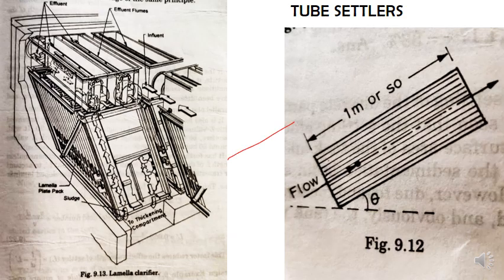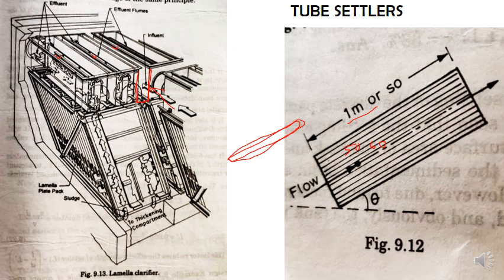Yeah. So these are thin sections of pipe, something like this. The length will be around 1 meter or so, and usually here 50 to 60 such small tubes will be used and made into a bundle. In these tubes, you can imagine this is your inlet. You can see these channels shown in this figure. These are nothing but the inlet channels, and you can see these top portions. These are nothing but the outlets we have.